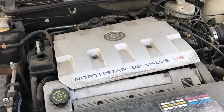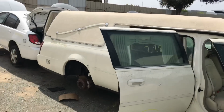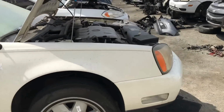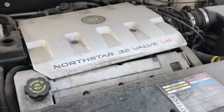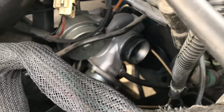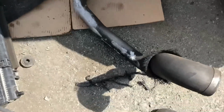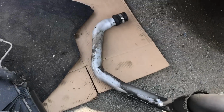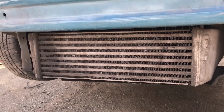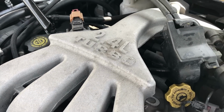Cadillac North Star actually in a Cadillac hearse. PT Cruiser. Down in there, got a little turbo. See, is the intercooler still on? The pipe's off, but the intercooler's still there. That's cool. It'd be cool to have a 2.4 turbo twin cam motor in my Omni, but I'm staying old